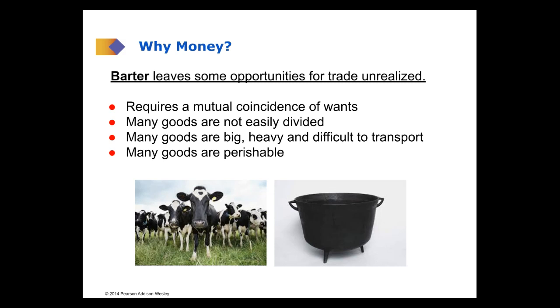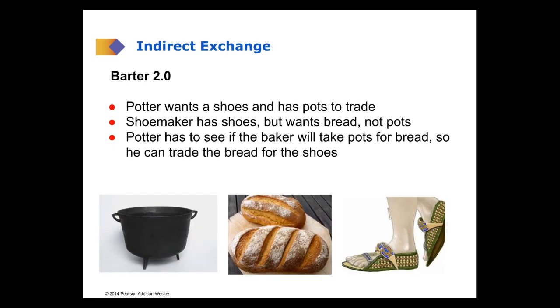So for all these reasons, barter is a great system. It enabled people to specialize in function and divide labor and trade, but it wasn't efficient. It left a lot of opportunities for trade unrealized, and so we get to what we might call barter 2.0,